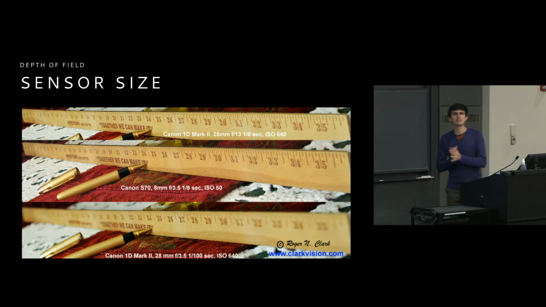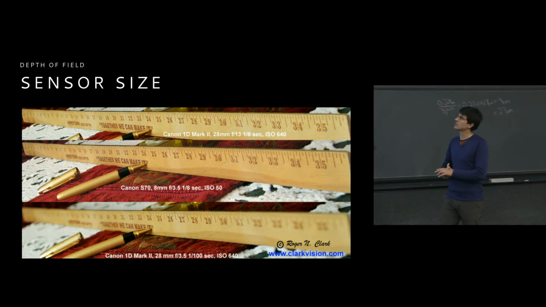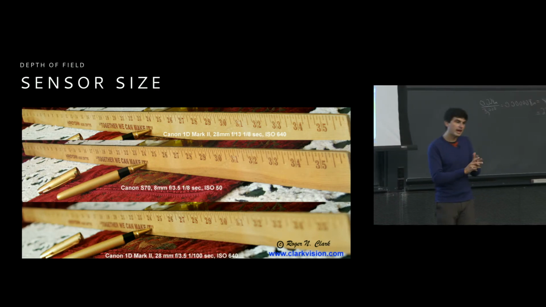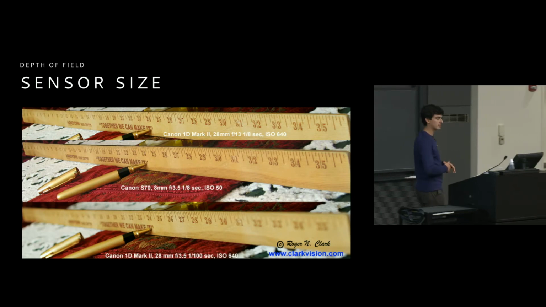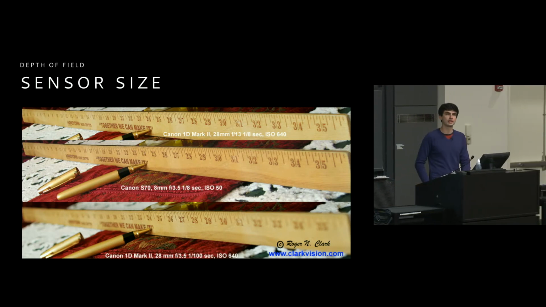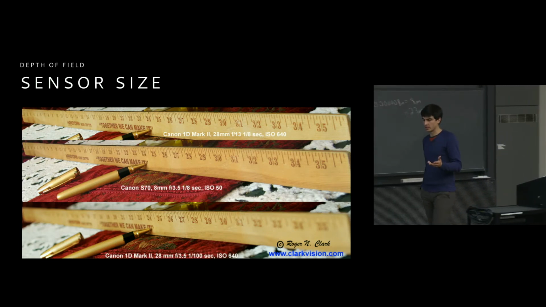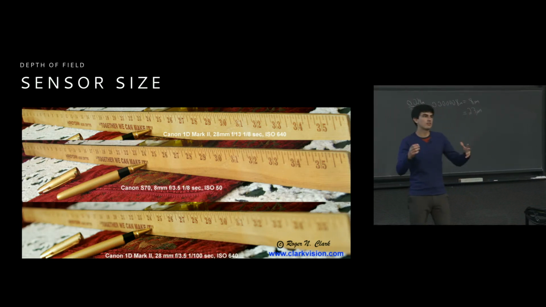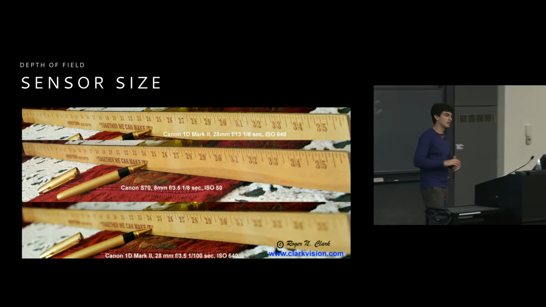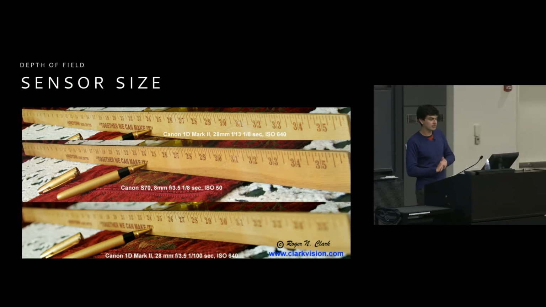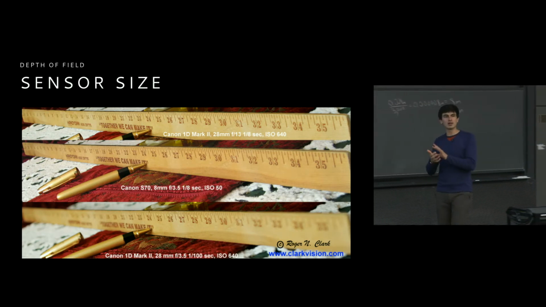And it's not really accurate to say that smaller cameras have a different set of, have different rules for the depth of field compared to their larger cameras. What's more accurate is to realize that larger cameras actually have a superset. So they actually have capabilities that include the depth of field of the smaller cameras. And the reason for this is actually because of all of the things that we've been talking about up until